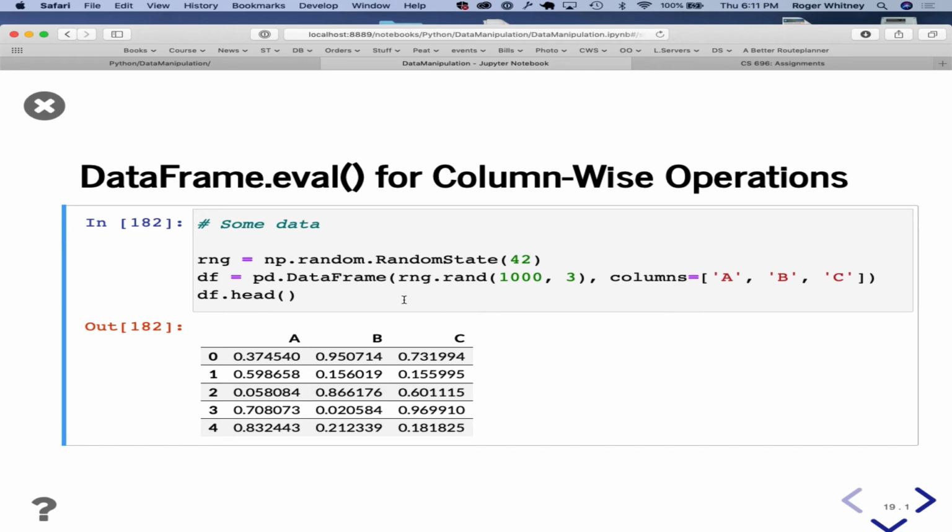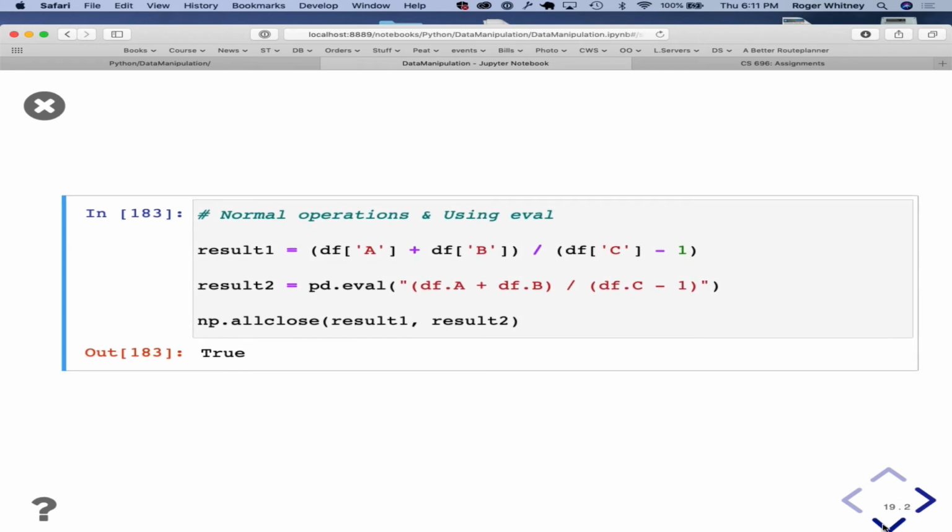So for column-wise operations, again, here's just a bunch of random data. And so again, we are just using standard operations, right?